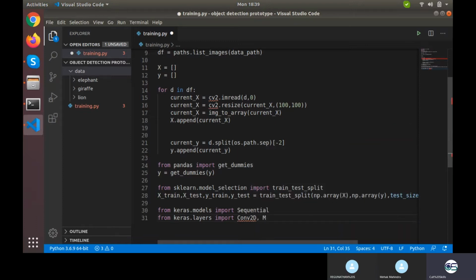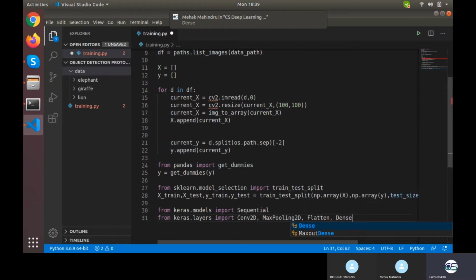Then we need MaxPooling2D, then we need Flatten, and then we need Dense. These are the 4 layers we need to use.